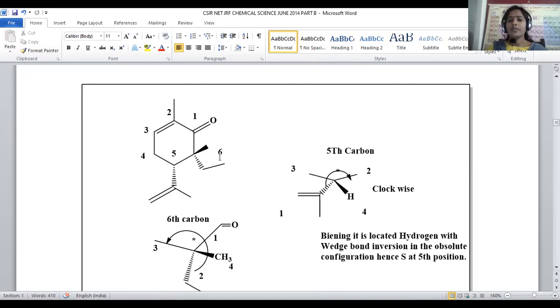And let us go with carbon number 6. Carbon number 6, this is one alkyl group, and this is another alkyl group. One is ethyl, another is methyl. 4 different functional groups are surrounded around the 6th carbon, so you can say the 6th carbon is also a chiral carbon. So the 6th carbon is also assigned a star mark, because in the compound we have 2 chiral centers, 5th and 6th position. Now, let us assign numbering for the 5th and 6th carbon. First, I am considering the 5th carbon. Let us assume this is the 5th carbon.